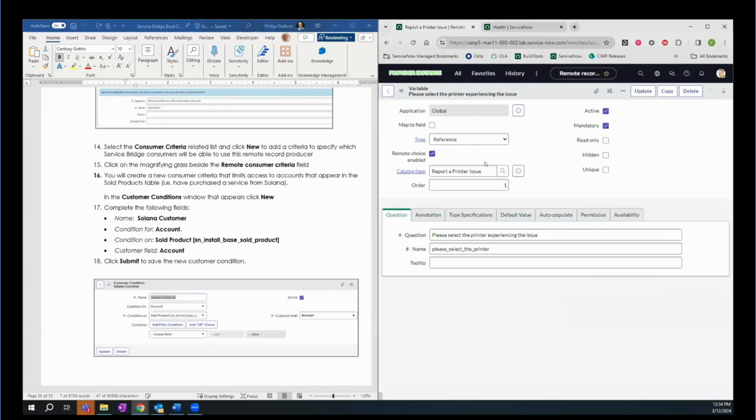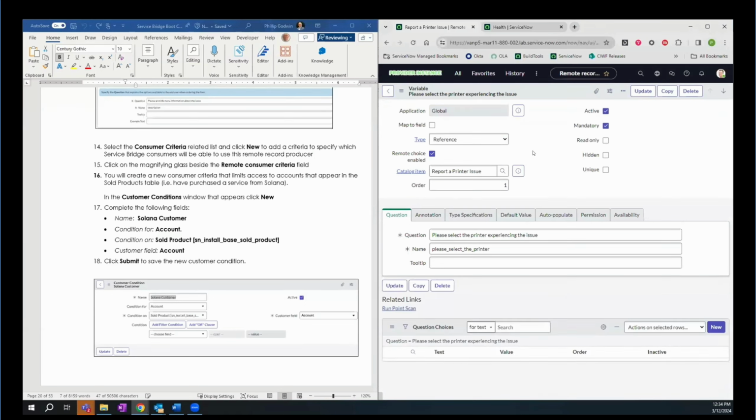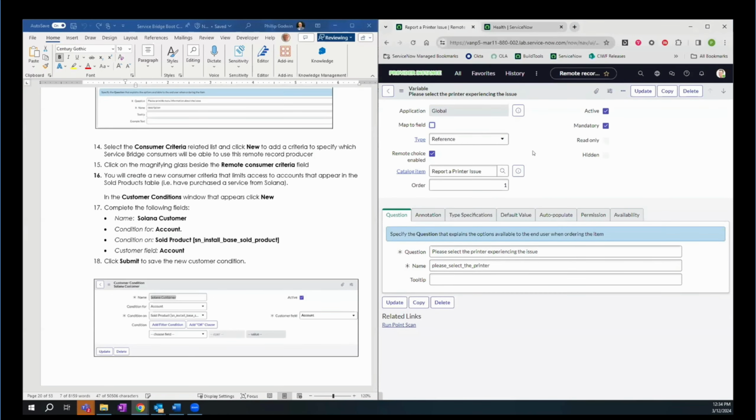It would look at the table, the reference table that's there on the customer side. So if you set it up as a reference field and say it's going to look at the user table, as an example, it would see all of the users that are on the customer instance. They could select it. It would then come across, but it would come across as a sys_id, which